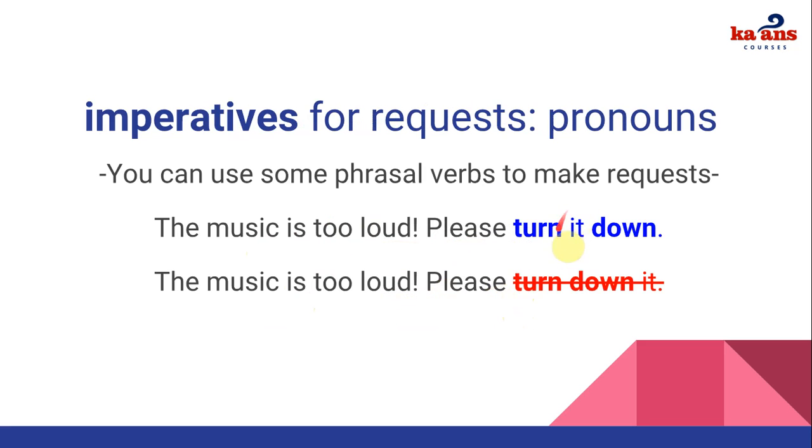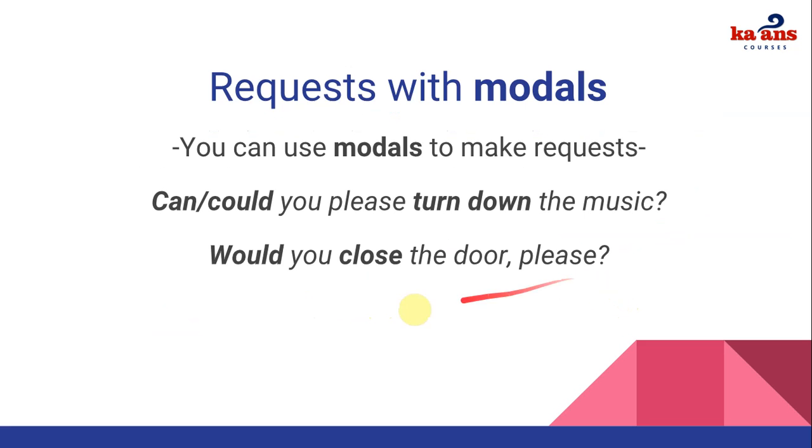We also mentioned that if we're going to use a substitution with a pronoun such as it, he, she, they, we, etc., we're going to use it this way. We cannot have the phrasal verb together and then use the pronoun after; it always has to be between. It has to be split this way. So the music is too loud. Please turn it down. That would be the correct form. If you say the music is too loud, please turn down it, that would be incorrect.